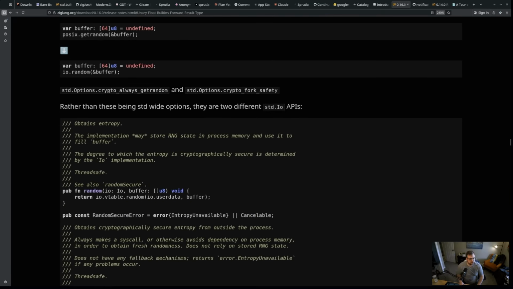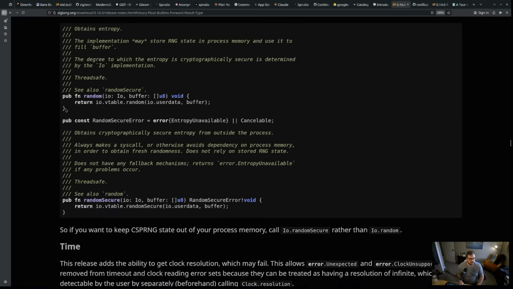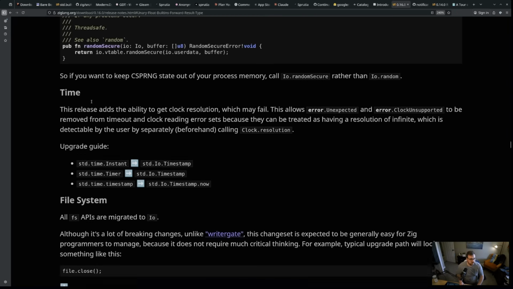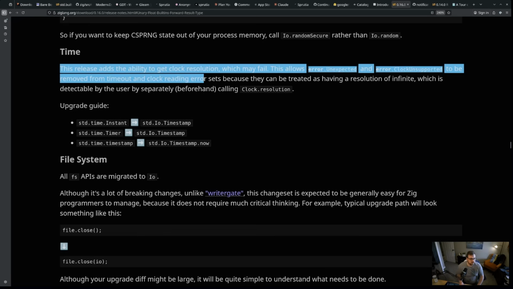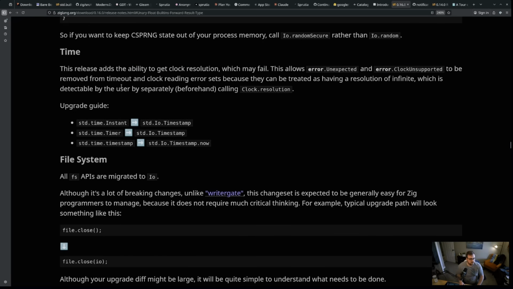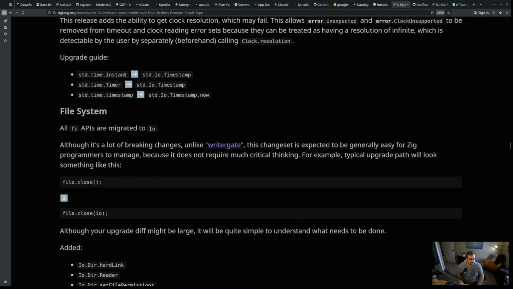We have standard options crypto always get random, and standard options crypto fork safety. Rather than these being standard wide operations, they're two different standard IO APIs. So there's some changes to cryptography there, some changes to clock resolution and time that we have here. So standard time instant becomes standard IO timestamp, standard time timer becomes standard IO timestamp, standard time timestamp becomes standard IO timestamp now. All of the file APIs have been migrated to IO, so it's a lot of breaking changes,